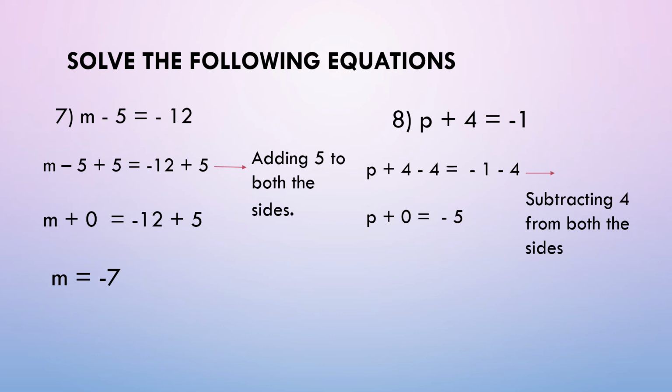So minus 1 and minus 4, what you have to do? You have to add. Both the numbers are having the same sign, right? So what you have to do? Addition you have to do. So 4 plus 1 is what? 5. 4 is the bigger number. Before that which sign is there? Minus sign is there. So minus 5. So p is equal to minus 5.